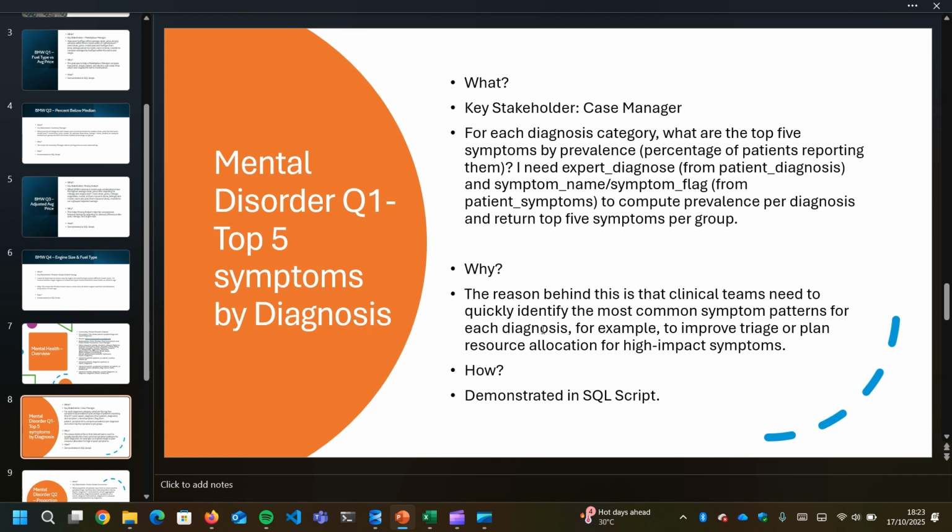The reason behind this is that the clinical teams need to quickly identify the most common symptom patterns for each diagnosis, for example, to improve triage or plan resource allocation for high impact symptoms. So we're going to go over to